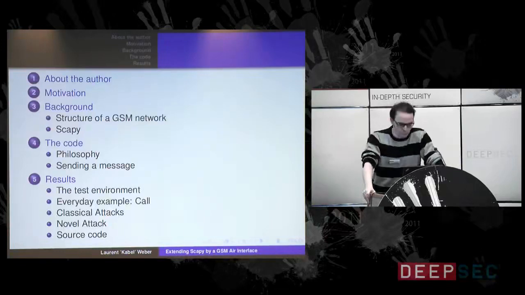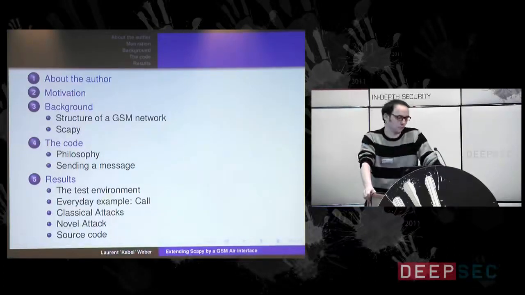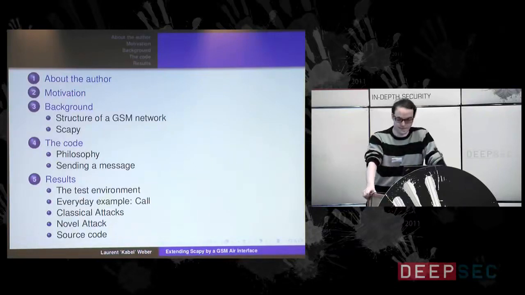And in order to underline the importance of the tool, I also will present some novel attacks that have never been done on the GSM network. My tool makes it really easily possible to create a package for those attacks, and we'll also see this.